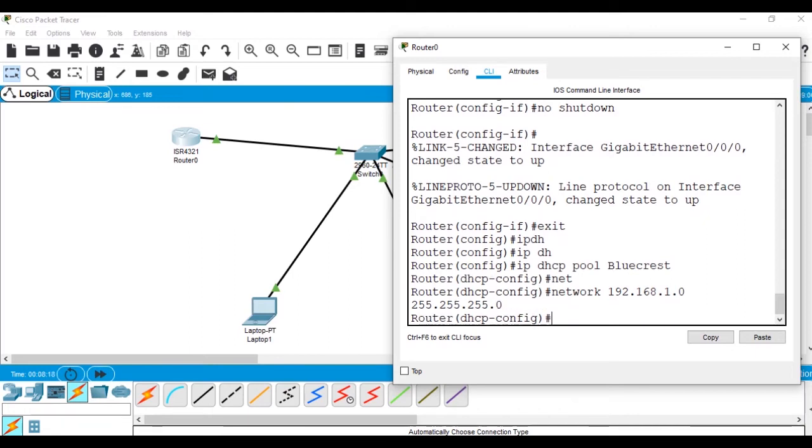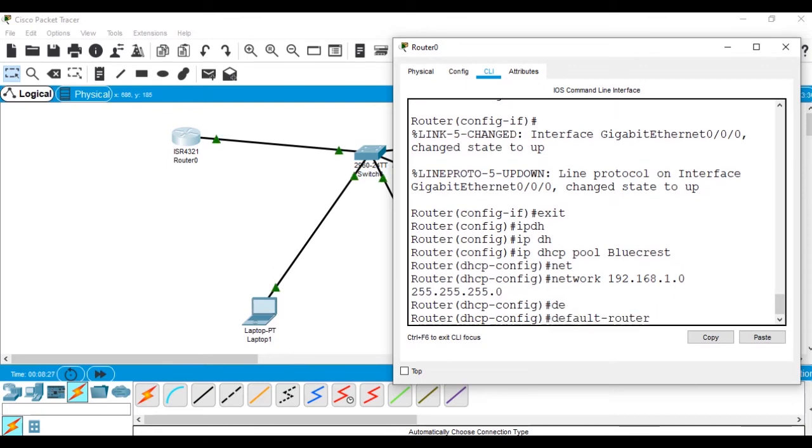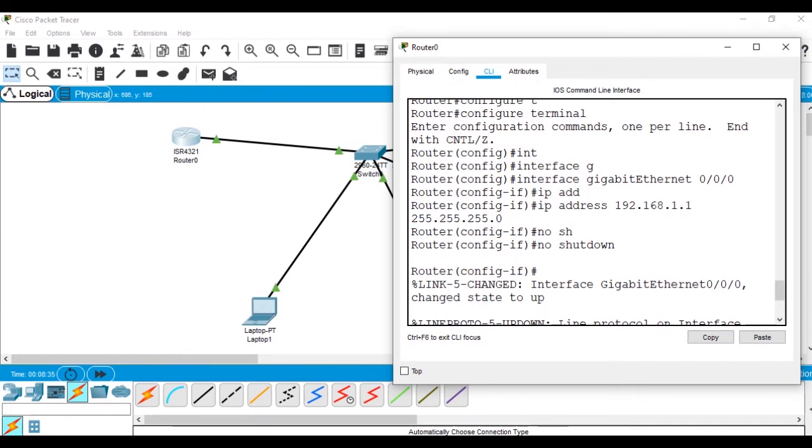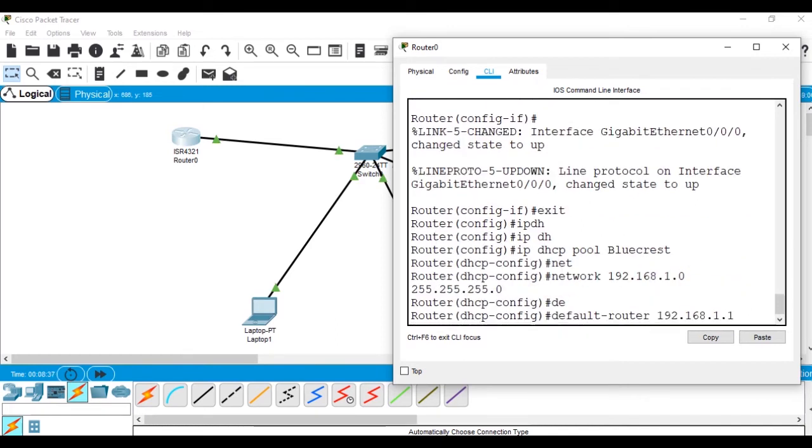Now we have to put the router address, that is the default router, that is 192.168.1.1. This is the router information.